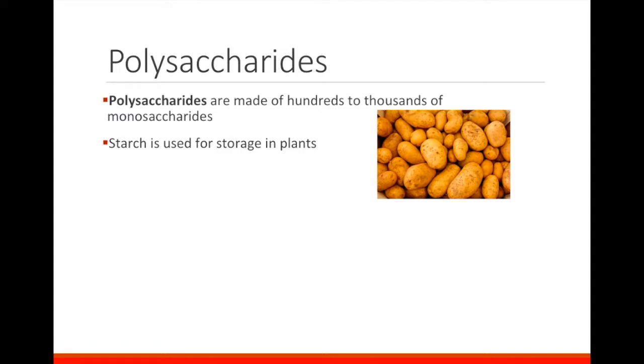Polysaccharides are made up of hundreds of thousands of monosaccharides. In nature, these can be hundreds to thousands of monosaccharides long. We use polysaccharides either for energy storage or for structural support. Plants have 2 forms of polysaccharides, starch and cellulose. Starch is what makes up the starchy root vegetables like potatoes. These are easy for us to digest and usually very yummy.